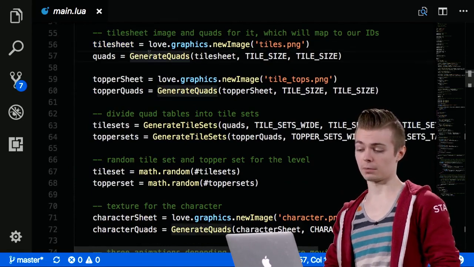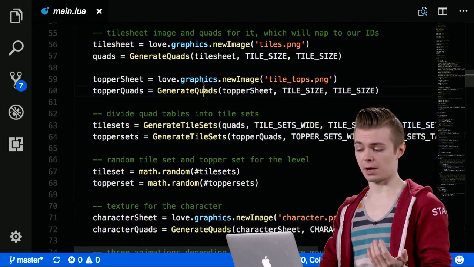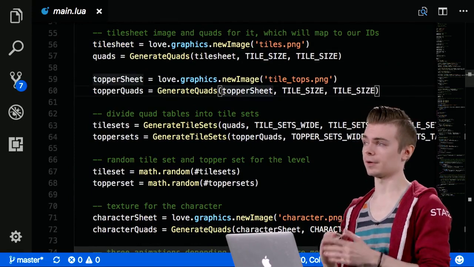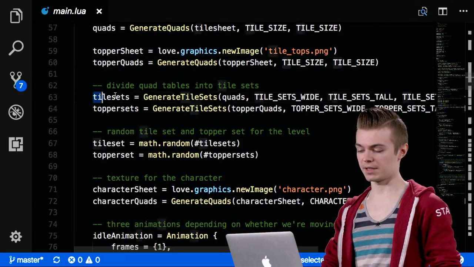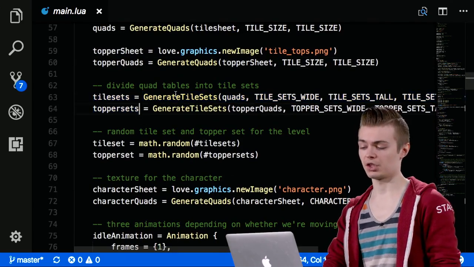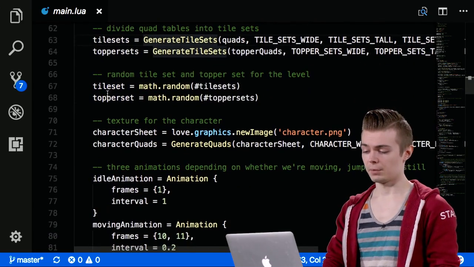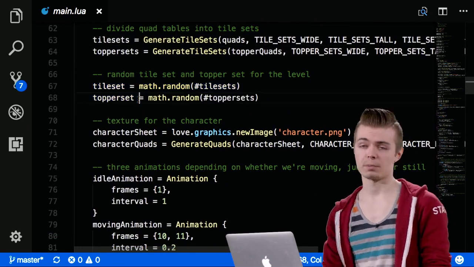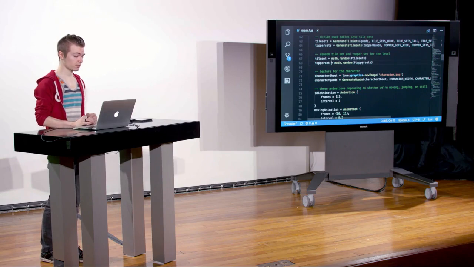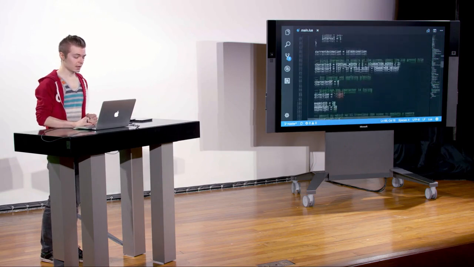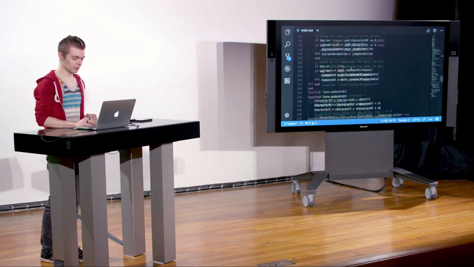We get our regular quads from our tiles and toppers. So these are just literally every single tile within that big tile sheet put in one table. And then we just divide it up into tile sets and topper sets here with the generate tile sets function. And then we get a random tile set and a random topper set here: math.random, number of tile sets, number of topper sets. And then at the very bottom,